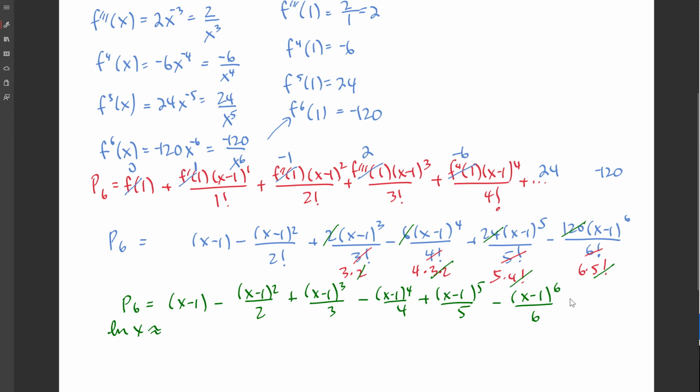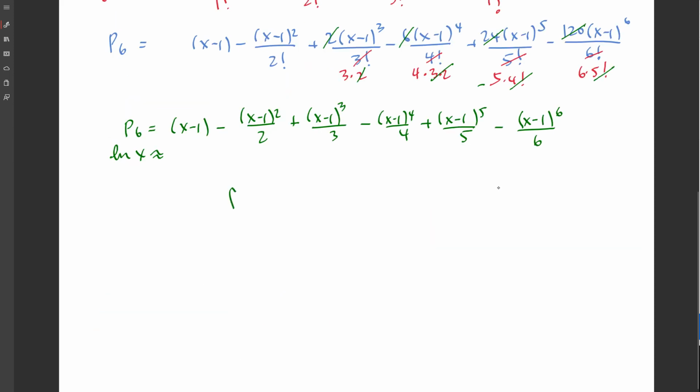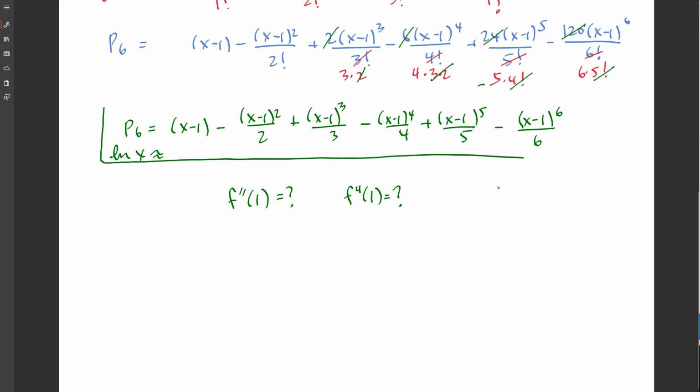All right, AP could ask you another question. They could say, okay, what if you know this P6 right here? What if you already know that? Could AP ask me, what is the second derivative at 1? Or could AP ask me, what is the fourth derivative at 1? Could I go backwards and figure that out? All right, so what you have to know is, first of all, you can't find the second derivative at anything but the center. Given this P6 here, this Taylor series here,